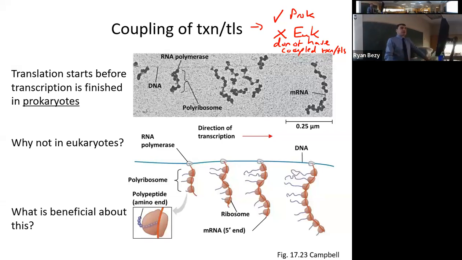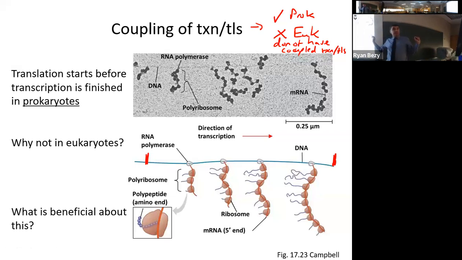And it just looks a little bit like this. Again, this is an electron micrograph image showing this actually taking place in a prokaryote. But it looks like this. This is my DNA. Maybe the beginning of my gene is here. The end of my gene is, say, for instance, over here. This is RNA polymerase. It's reading the gene. This is a second copy of RNA polymerase, a third copy, a fourth different copy of RNA polymerase. Well, what happens is, right now, this gene is being copied by 4 different RNA polymerases simultaneously.